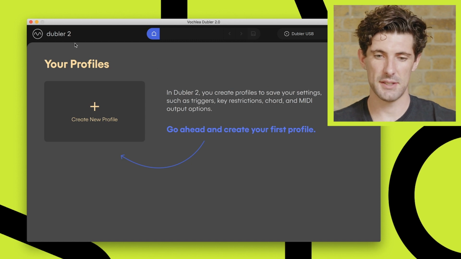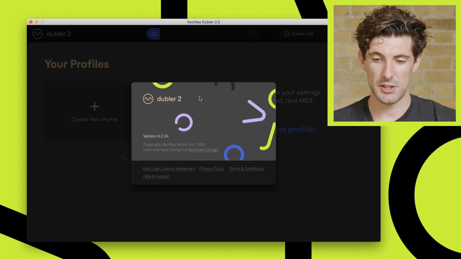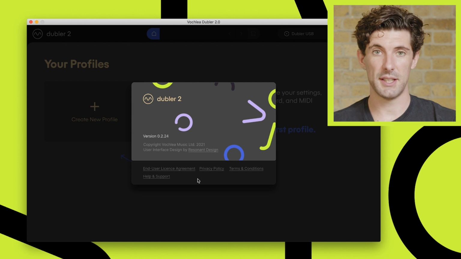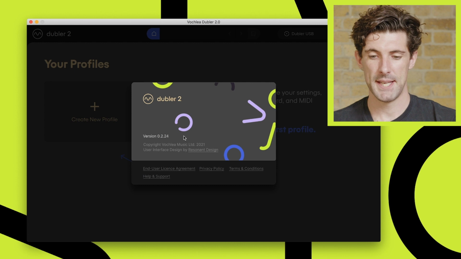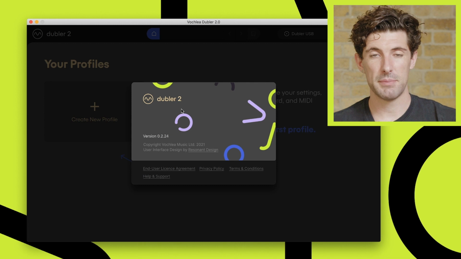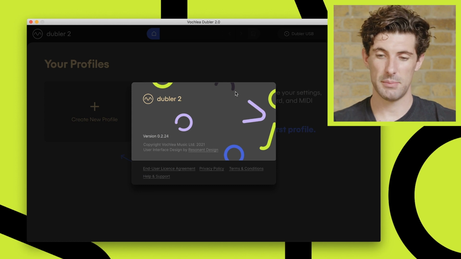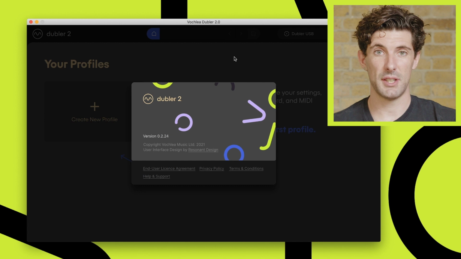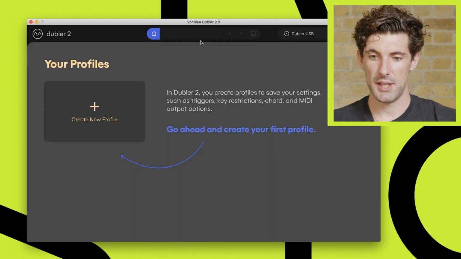And you can see there's a few things up at the top here in the ribbon. On the left up here, if I click on this Voclear logo, it's going to show me information about the software, including links to some important documents, our terms and conditions, and end user license agreement, stuff like that. And it also shows you the version number of this version of Doubler. From time to time, we will make updates, we'll fix bugs, we'll add new features, and so look out for those. There will be automatic prompts for new downloads when we release an update, and also the version that you're looking at now may have additional features to the one that I'm walking through today, but fundamentally they'll be the same product. So then we can ignore this bit in the middle.